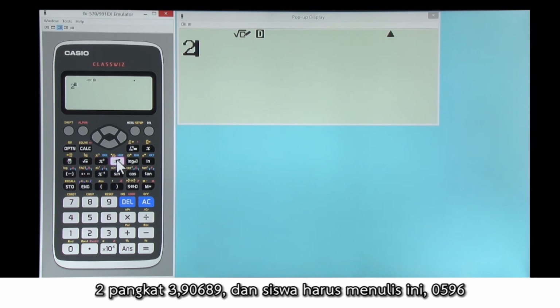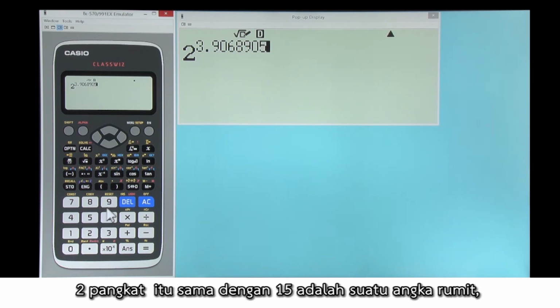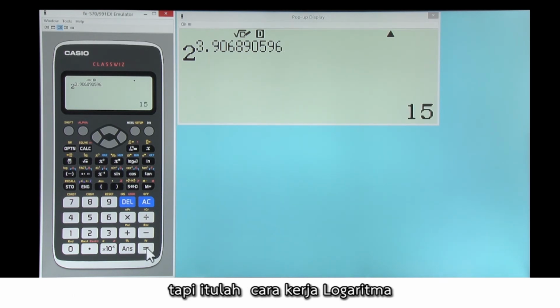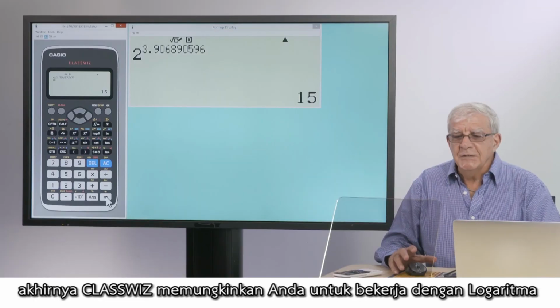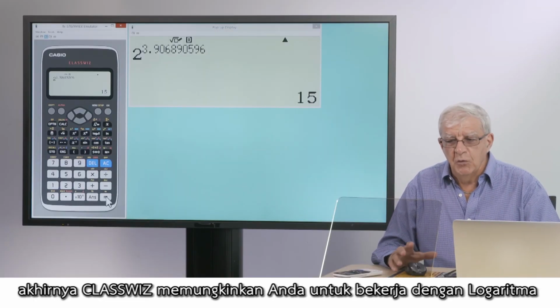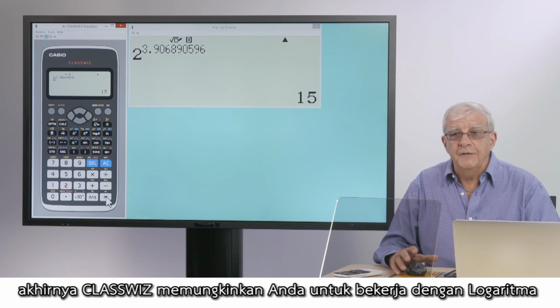2 to the power 3.90689, and students would have had to have written this down, 0596. It's a complicated number, and 2 to that power is 15. That's how logarithms work. So finally, ClassWiz allows you to work with natural logarithms, which are important in understanding many